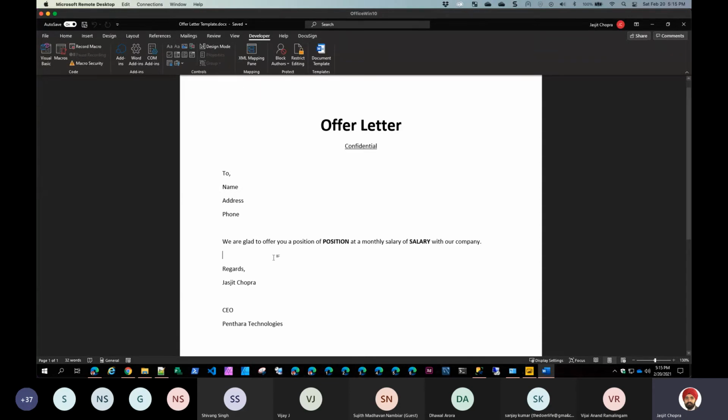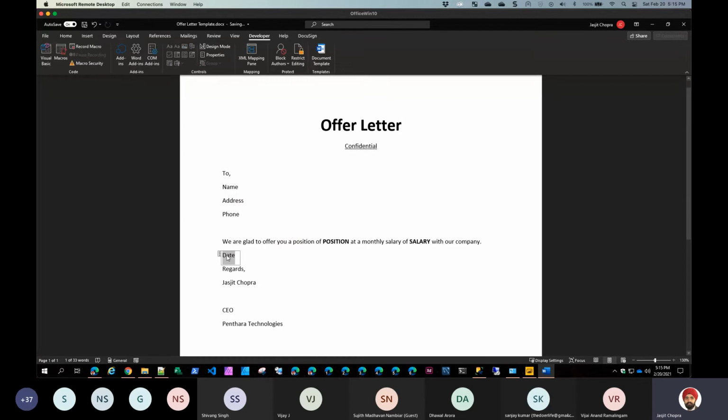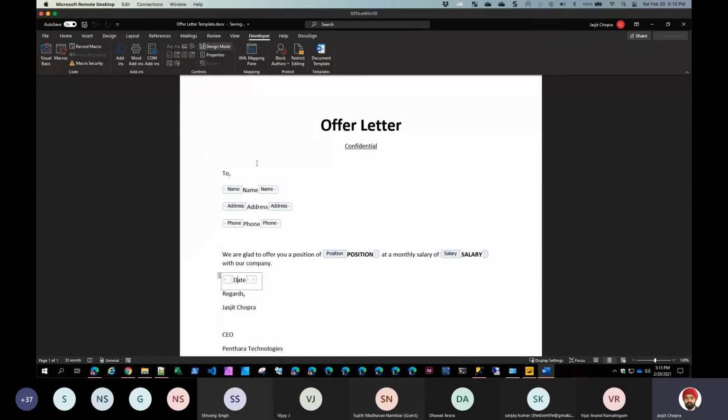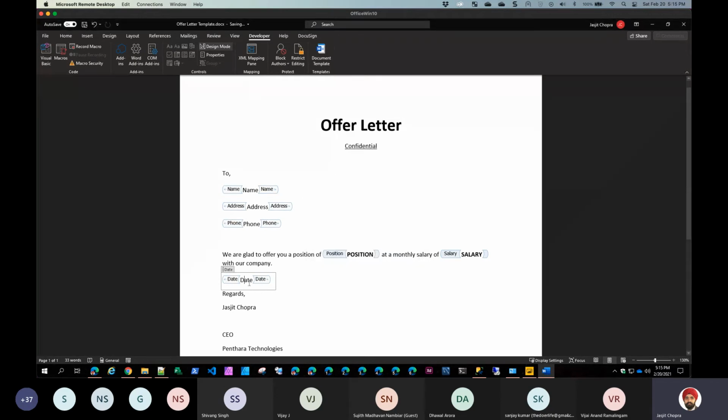Let's say, for example, I want to put the current date over here. So I will double click on this, click on this over here specifically, and then right click on this. Before you do that, you need to enable design mode actually. Once design mode is enabled, you will know exactly which ones are available to you. Right click on this, click on properties, and give it a name over here and tag it with the same name. Now this particular date will be available to me in my